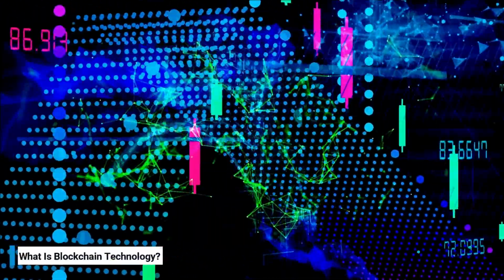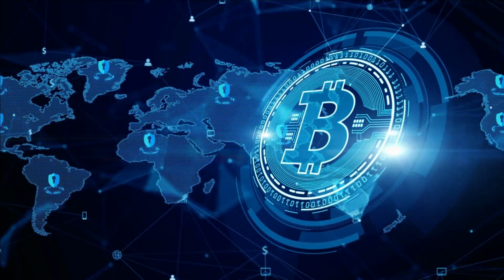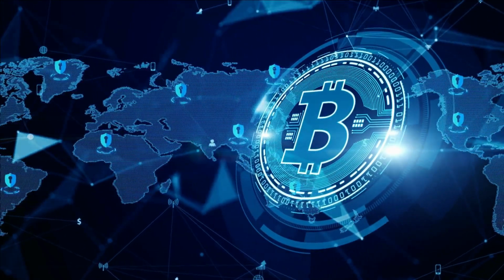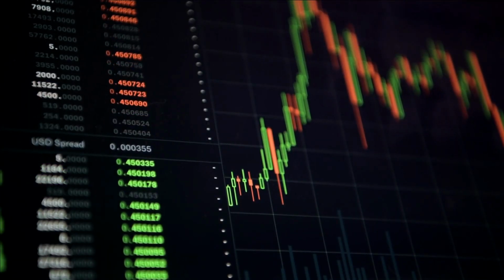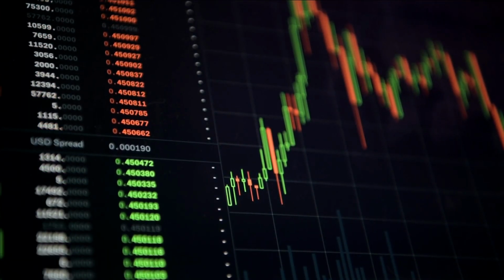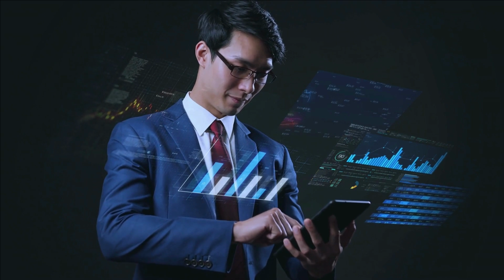What is blockchain technology? Blockchain, also referred to as distributed ledger technology, DLT, provides an unalterable and transparent record of any digital asset through the use of a decentralized network based on cryptographic hashing. In order to understand how blockchain technology works, one can look at the way a Google Doc